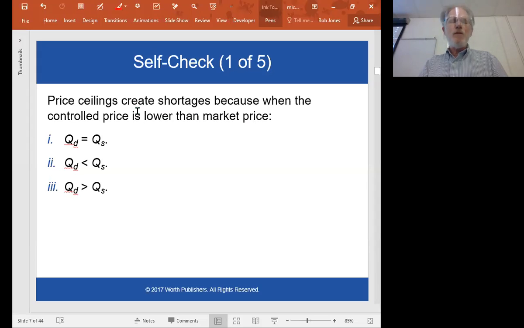All right, self-check. Price ceilings create shortages because when the controlled price is lower than the market price, what do we have? Quantity demanded is greater than what's being supplied. Quantity demanded is greater than the quantity supplied. And the reason is because everybody is responding to prices. But when you have a price control, prices are sending the wrong information. They're creating the wrong incentives. They're encouraging consumers, consume more. They're encouraging producers, don't produce very much. And so you get a shortage. That's the